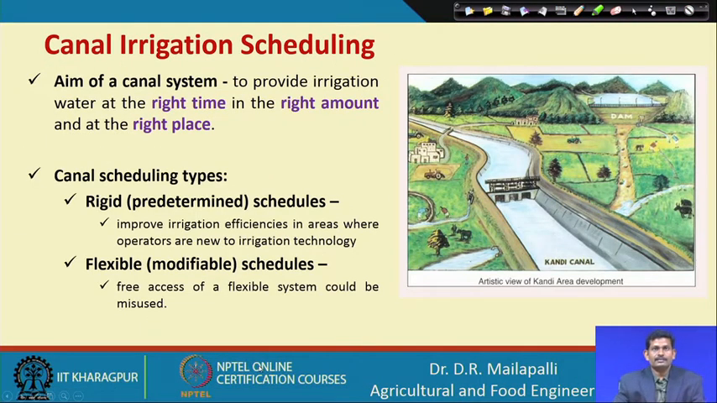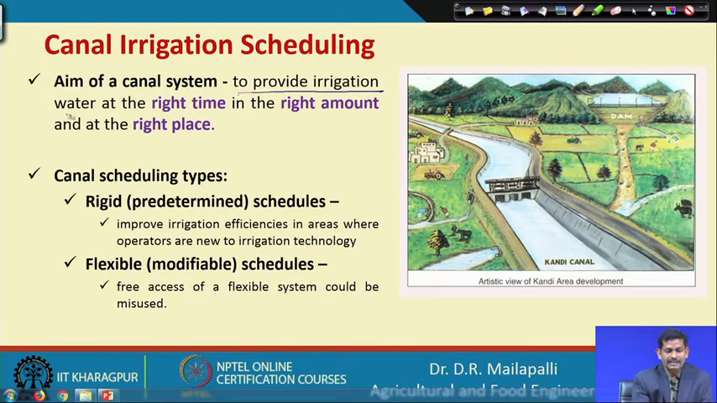So, the next is, whatever we talked about earlier was irrigation scheduling at the farm level. Similarly, we also do the schedule at the irrigation canal level. This is called canal irrigation scheduling. Basically the aim is to provide irrigation water at the right time, right amount and